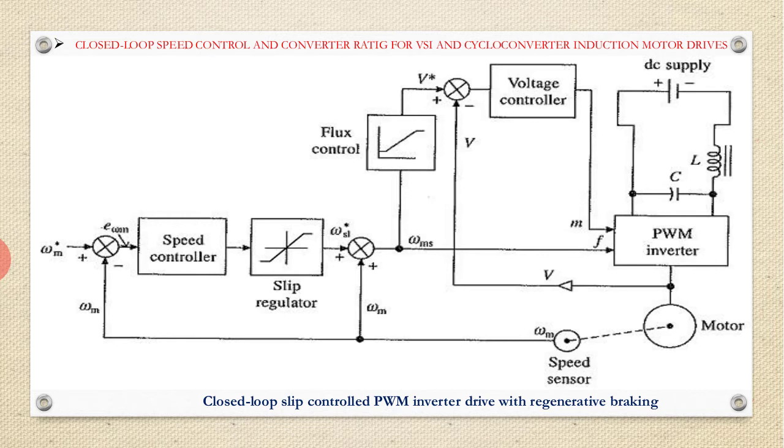Now a step decrease in speed command produces a negative speed error. The slip speed command is set to the maximum negative value. The drive decelerates under regenerative braking at the maximum permissible current and the maximum allowable braking torque, until the speed error is reduced to a small value. It then settles at the slip speed for which the motor torque equals the load torque.